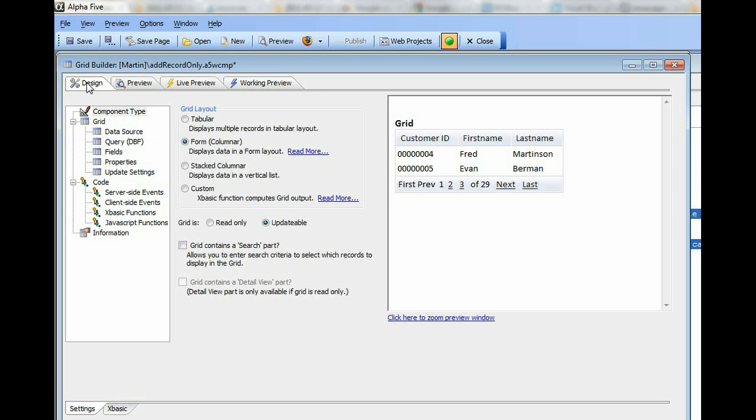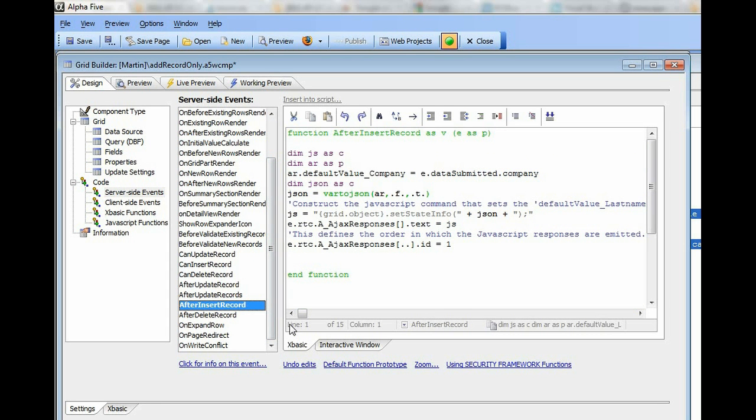So here's how we did that. The first thing that you'll see is we went to server-side events, and in the after insert record we took the value that was submitted. So this is the value that the user typed in and then submitted, and we're creating an xbasic variable called AR over here, and we're saying AR has a property called default value underbar company. We're converting AR into a JSON object by using the xbasic function called var to JSON, and then we're calling the grid object's method called setStateInfo, and we're passing in the JSON object that we created over here,